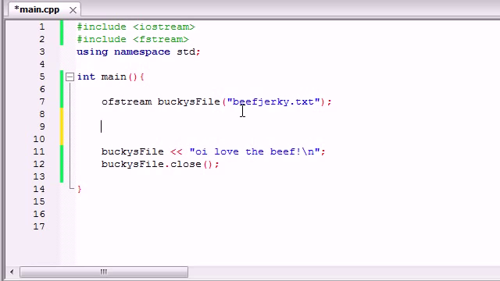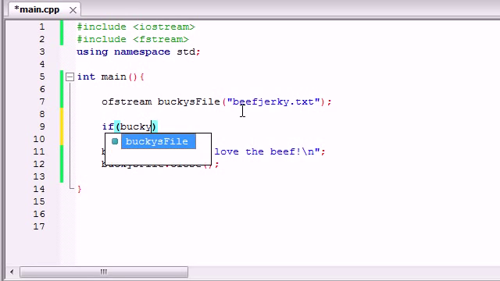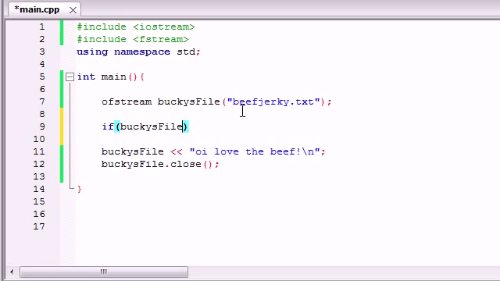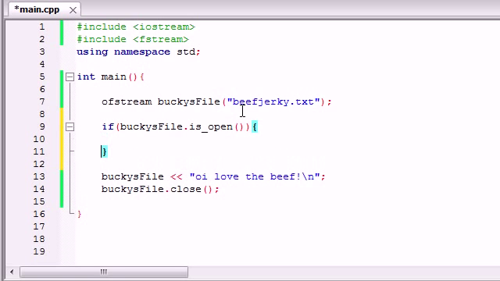And this is a way that you can check basically if a file is open and it's ready to be worked with. So in order to do this, go ahead and write if, and then write your file object, which is in this case Bucky's file, and then write your function right after it, is underscore open. Now this isn't going to take any parameters, and just go ahead and write something. If the file is open, then we'll just output on the screen like